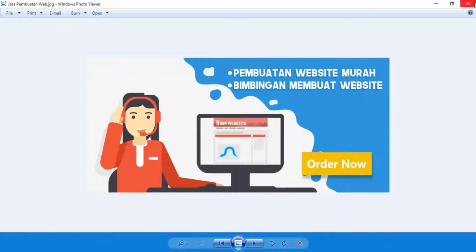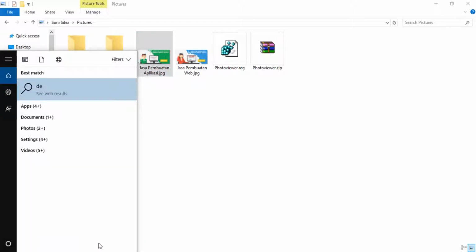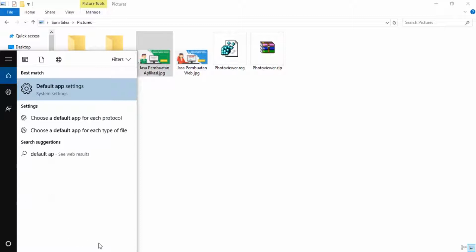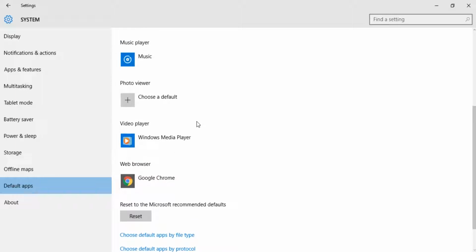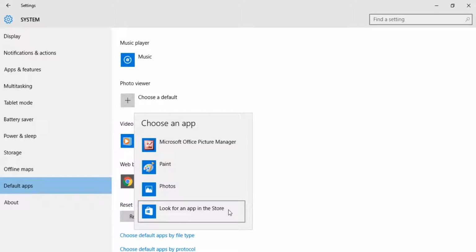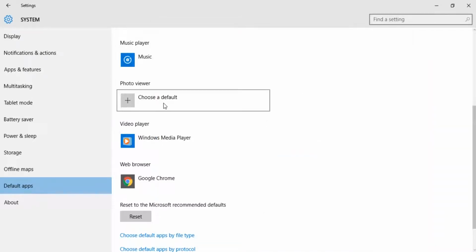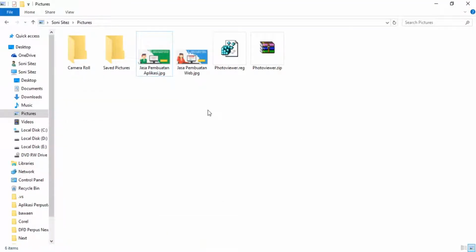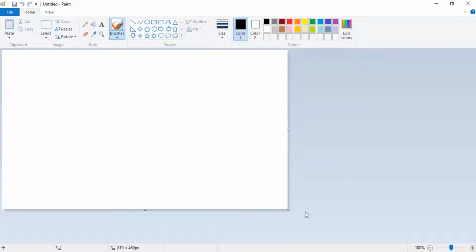Okay, you can also set Windows Photo Viewer as default in the default app settings. Just choose the Photo Viewer as default. If nothing is there, you can create a png file in MS Paint, and then